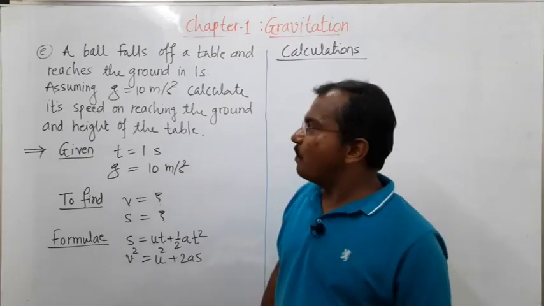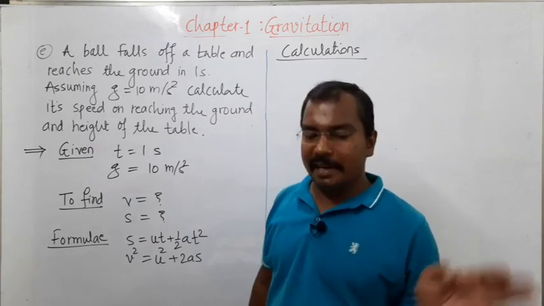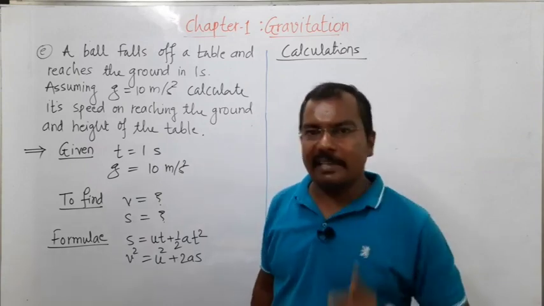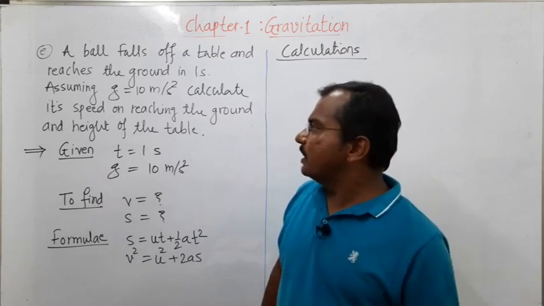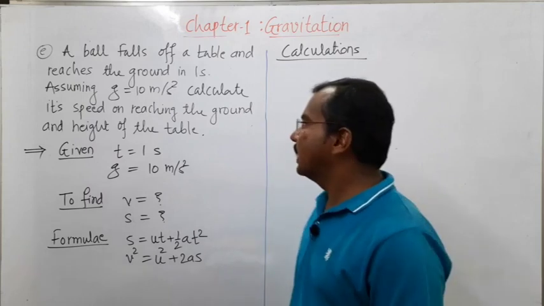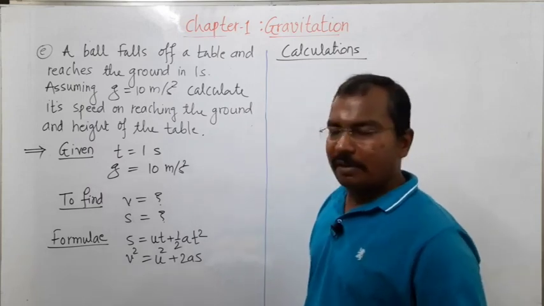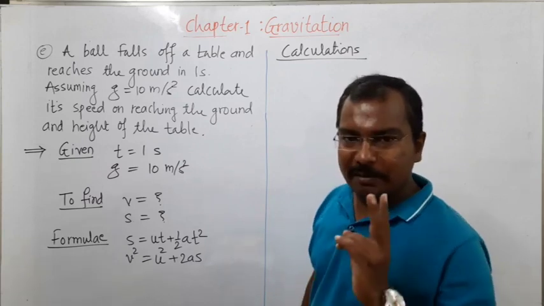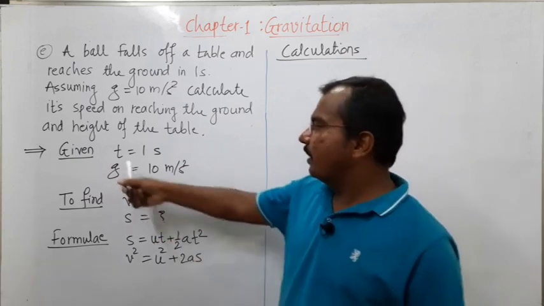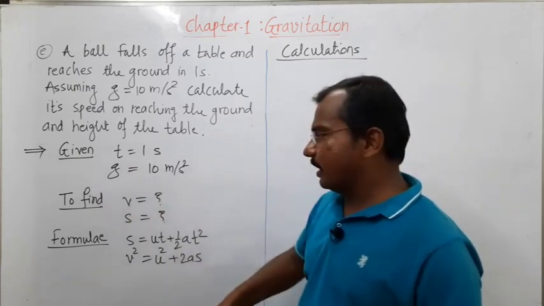Next problem. A ball falls off a table and reaches the ground in 1 second. Table वरून बॉल खाली पडला आणि 1 सेकंद लागला. Assuming g is equal to 10 meter per square second. g ची व्हॅल्यू 10 meter per square second घ्यायची आहे. काय कॅल्क्युलेट करायचे? Calculate its speed on reaching the ground and height of the table. दोन गोष्टी कॅल्क्युलेट करायच्यात आपल्याला. बघूयात. Given t is 1 second and g is given, 10 meter per square second, and we have to find